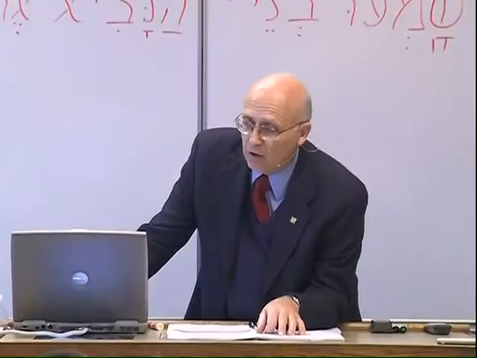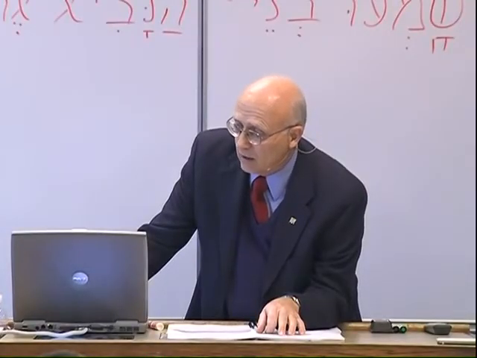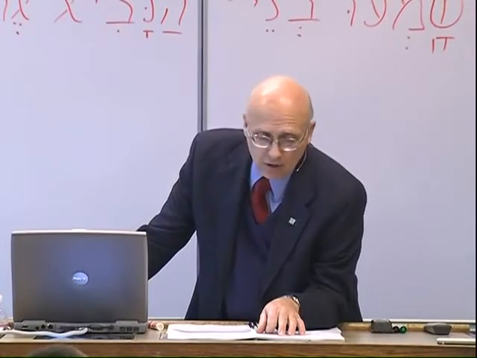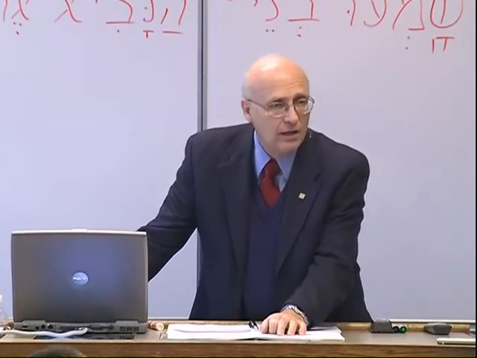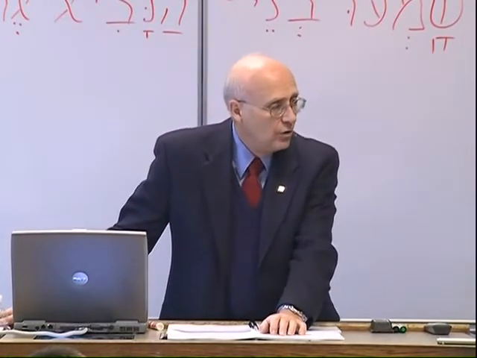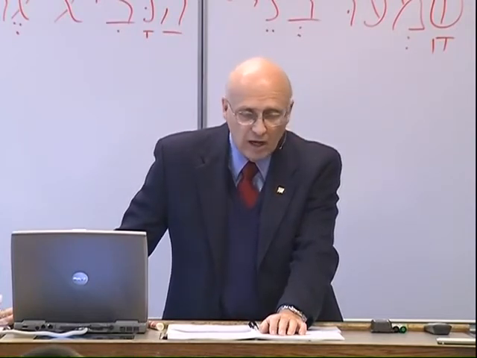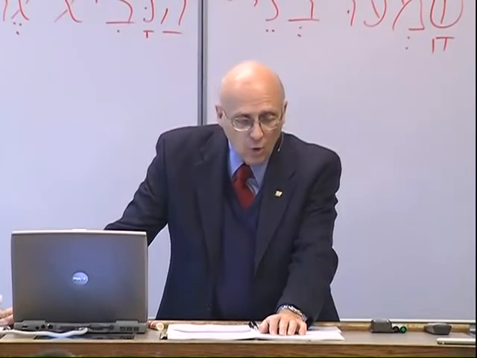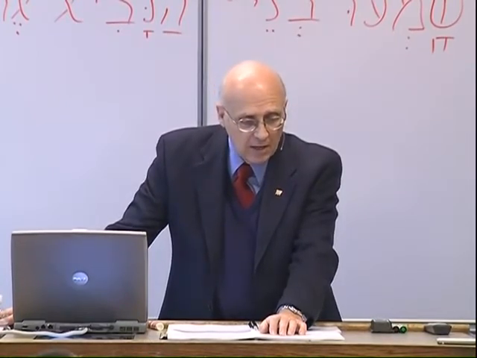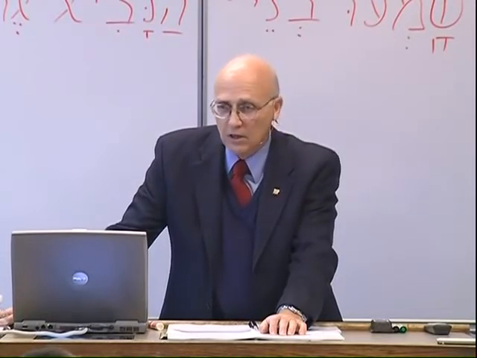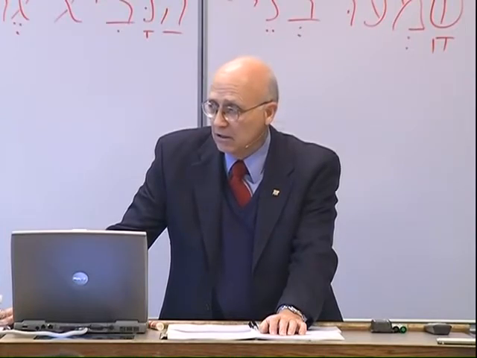Now, when you have that type of situation then, often the vowel preceding will be the same form, except the full form. So here, instead of a hireq, it changes to a pathach because the guttural prefers A-class vowels not only under it, but around it. And so the guttural answers your question there. The holem over the bet there, ta'avod, notice there's also a zaqef qatan accent. The holem tells you you're still in a qal imperfect, because that holem only occurs in the qal imperfect.